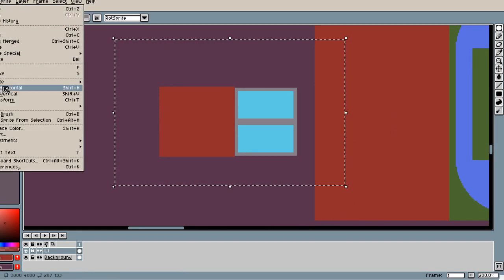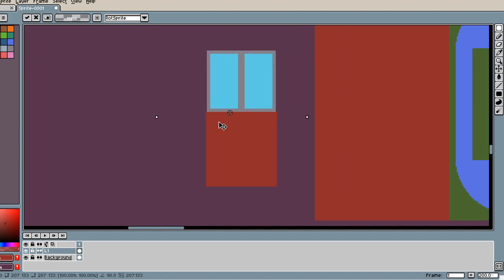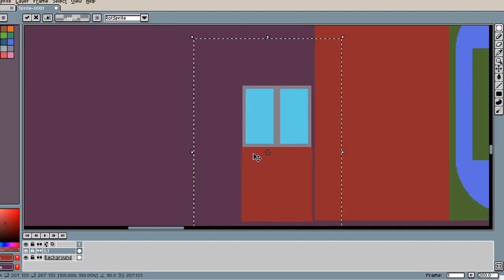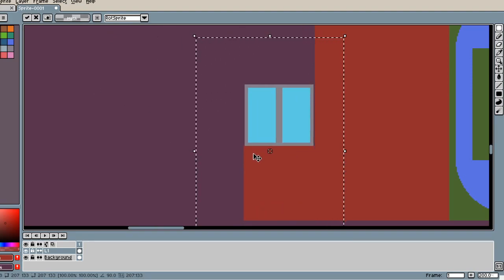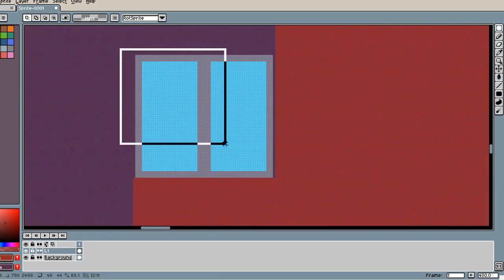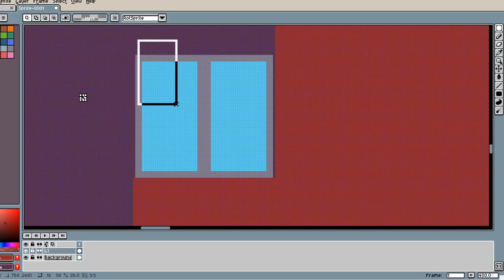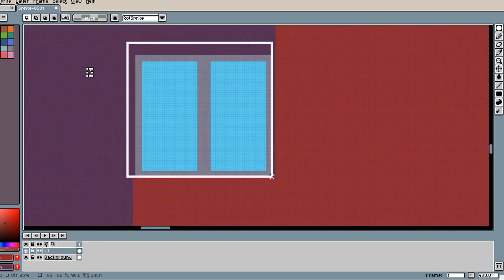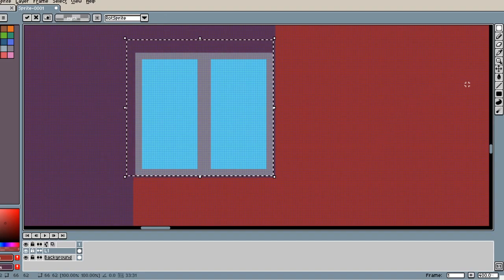Edit. Rotate 90 degrees. I'm actually gonna do that,